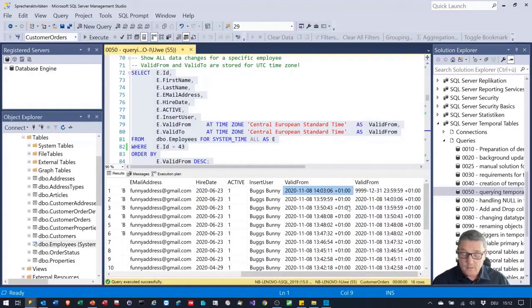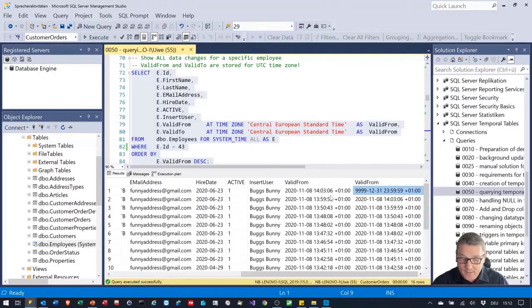When you see 2 o'clock afternoon here, it's because I changed the output to CST. You see that the last change was at 2:03, and this one is the valid record because the valid to is the end of